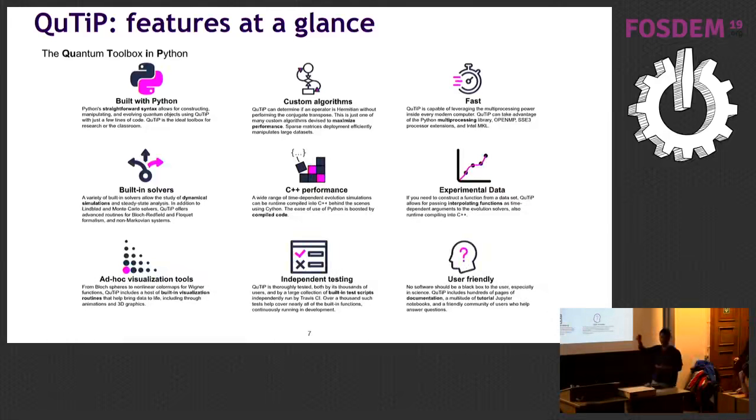It also implements a lot of solvers which are relevant to people who are studying quantum physics, different kinds of methods which people have developed over the past 20 years, or even before that. Because before the quantum computers come, all we have are desktops, and we need very smart techniques to simulate a quantum system on these things. So QuTiP implements some of these solvers. I'm going to talk about some of them. And then, of course, we have very nice visualization tools beyond just visualizing a quantum circuit, but quantum physics itself.